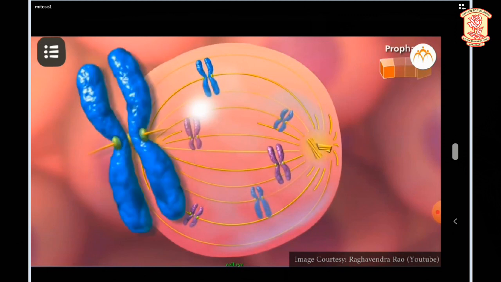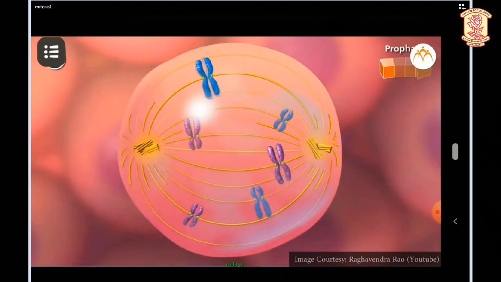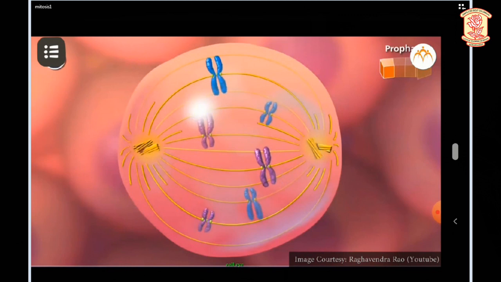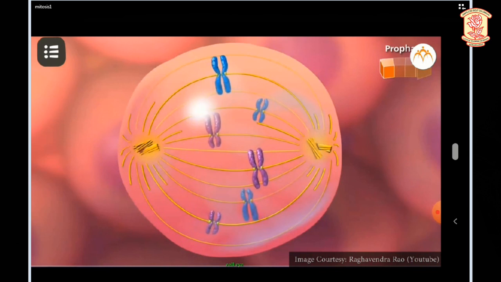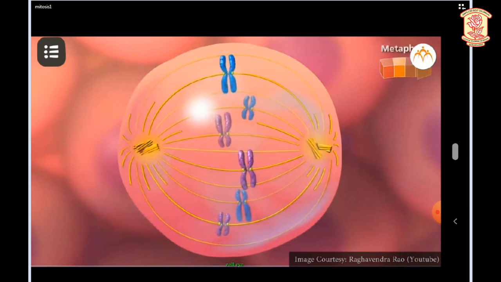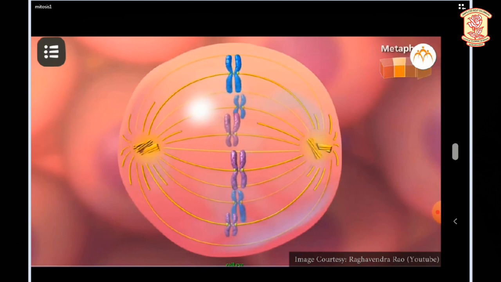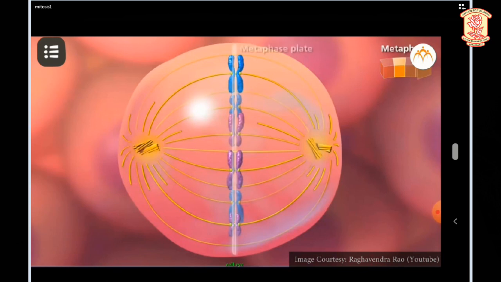Now you can observe the thick chromosomes, and the nucleolus and nuclear membrane are disappearing completely. The cell is entering into the metaphase. Here the DNAs are aligning themselves in the central axis and the centrioles send out specialized tubules that connect to the DNA. The DNA chromatin has condensed into chromosomes.